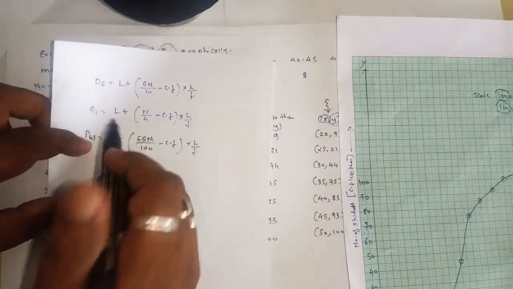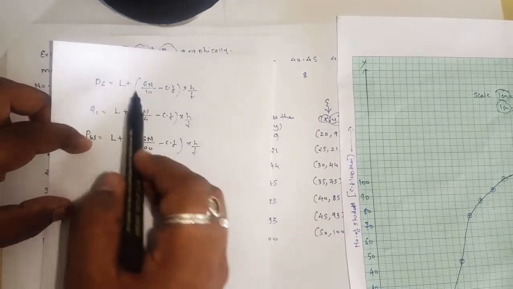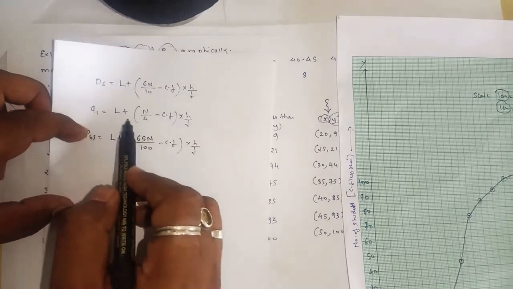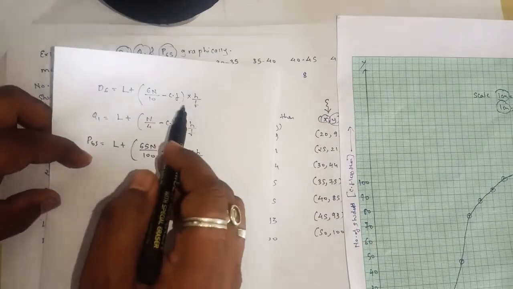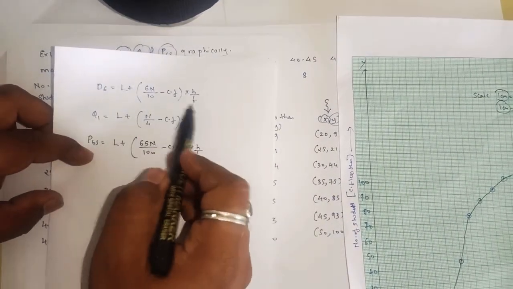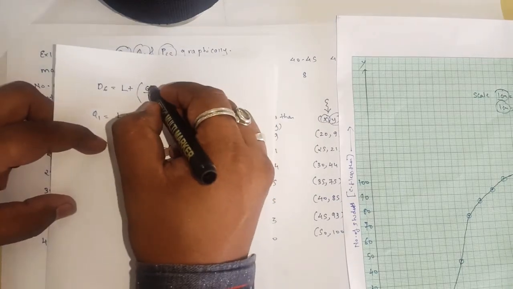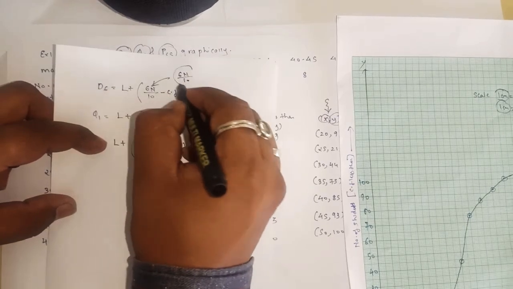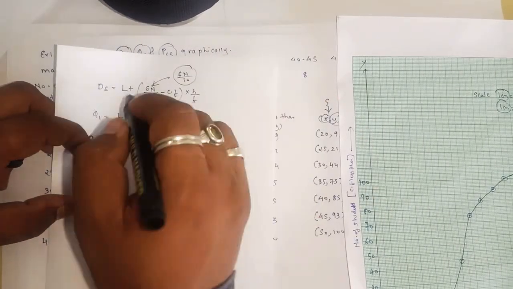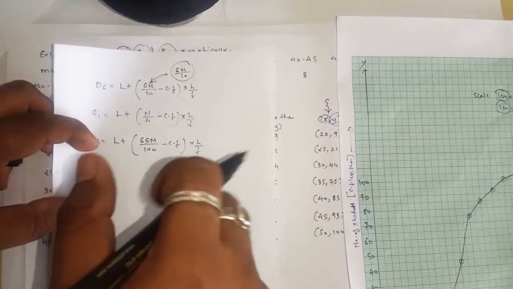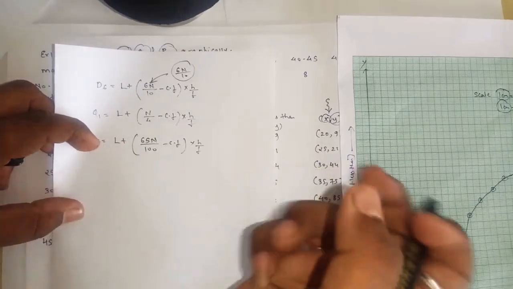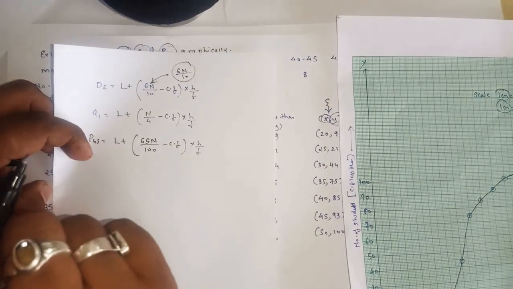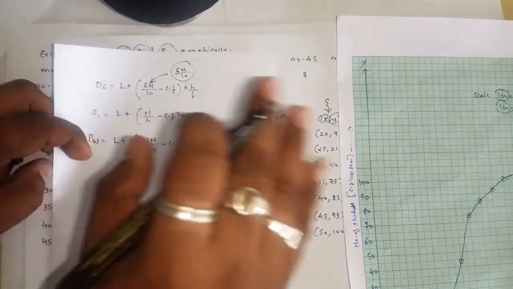The one method is what? Find all the values n, cf, h, f, l, substitute the values, and you will get D6. Then in the same way, I hope you all know how to find cf, n, h, f, l. Basically we take this part separately, 6n upon 10. With the help of this, we can easily find the remaining values. I hope you all know this. We had seen all these things in the first and the second exercise. So this is one of the methods. By using the formula, by substituting the values, you can find your answer.